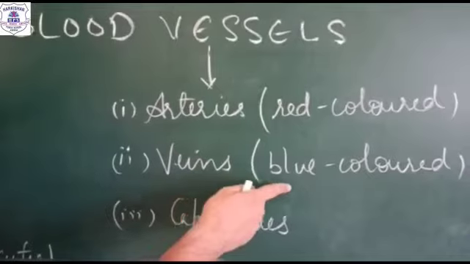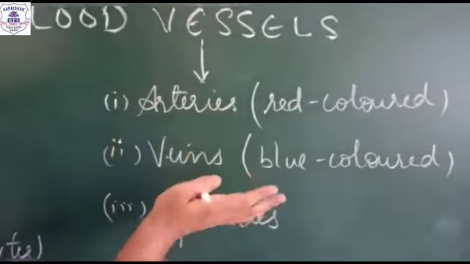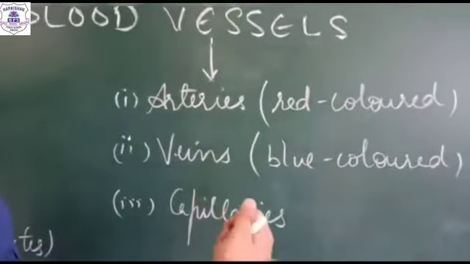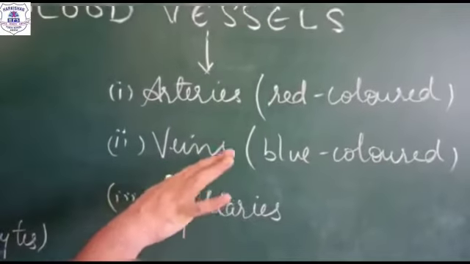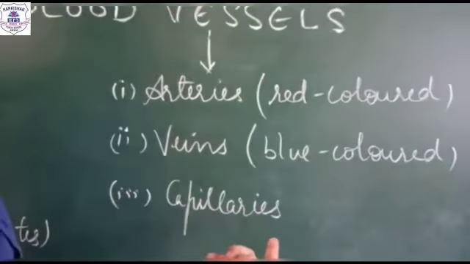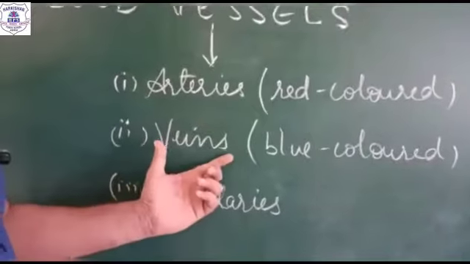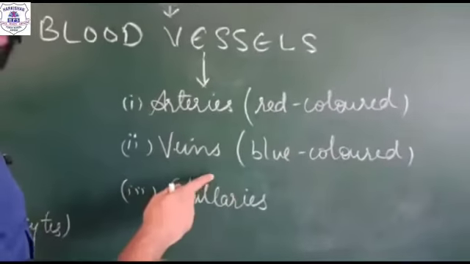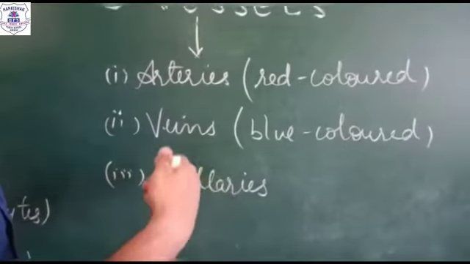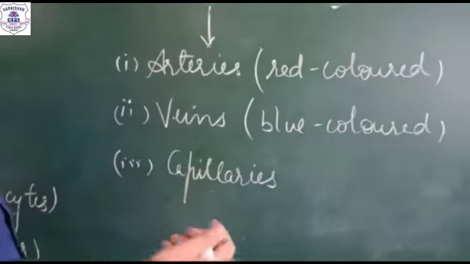Next is the veins. They are normally shown with the blue color. Veins are just the opposite of arteries. They carry the deoxygenated blood, or you can say the carbon dioxide rich blood. But in this also there is an exception, which is the pulmonary vein, that carries the oxygenated blood. One more thing: veins have very thin walls. They are not thick. The reason is that the blood passing through these veins is not at very high pressure, so they can tolerate it. That is why their walls are very thin.